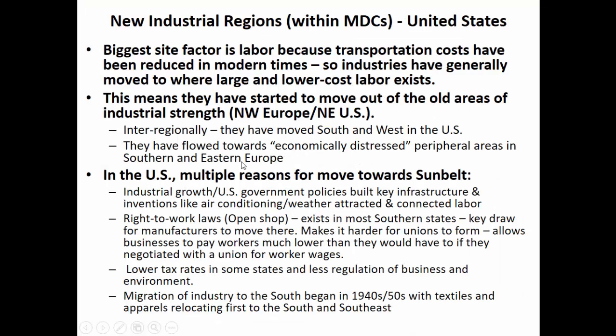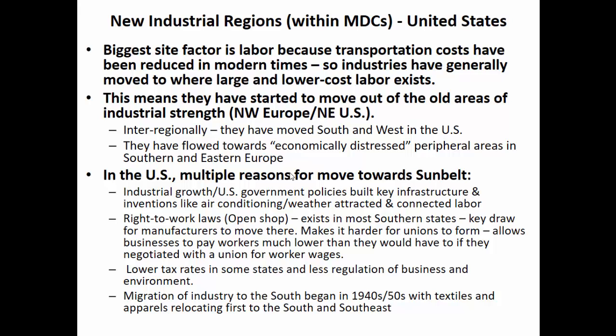So this is a universal rule. This is a worldwide rule, but it especially applies in the U.S. The biggest site factor in modern times is labor. And here's why. Because transportation costs have been reduced so much during modern times that industries really don't have to pay attention as much to the other site factors and even as much to situation factors as they did in the past. So industries have generally moved to where large and low-cost labor exists for them because they've been able to